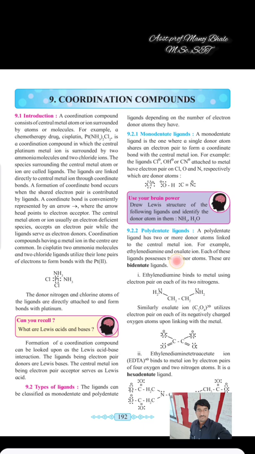Second, that is a polydentate ligand, a ligand which has 2 or more donor atoms present to the center in that structure. Polydentate ligands have further classification. Bidentate ligand, which means there are 2 donor atoms in the given structure. Hexadentate ligand, in which there are 6 donor atoms in the single structure. So this is about bidentate and hexadentate.